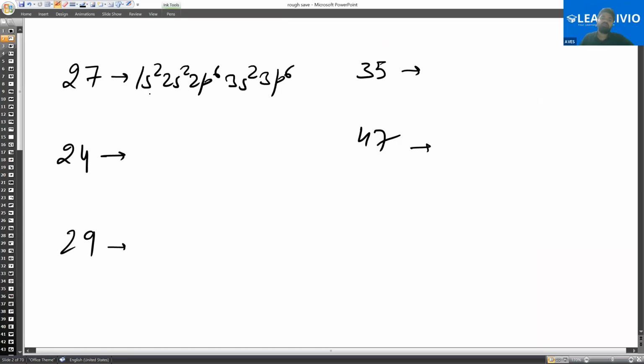How much is this up to here? First shell, second shell, third shell. 2, 8, 8 we have done, and then we shall be writing the 20. Then the fourth shell will be 4s2. Up to here 20 are done. This one is 20 and then we are going to write it as